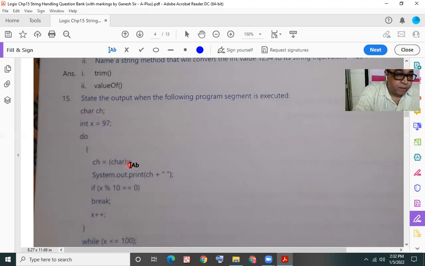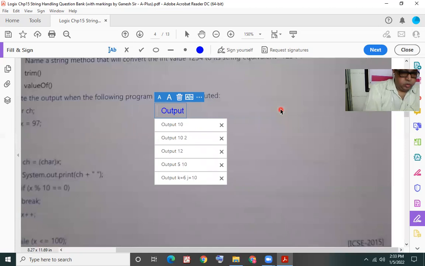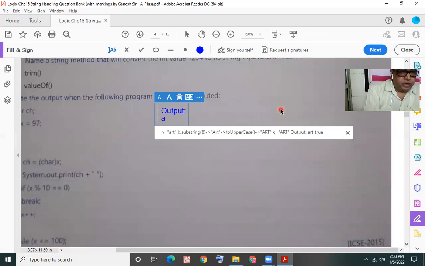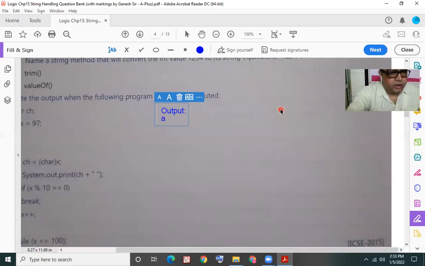So we are in a way doing typecasting. We are converting the integer value to character type. Here this integer value is 97. The corresponding character for that is a, stored in variable ch, and system.out.print. Notice we have a print method over here and not println. We are printing that character and concatenating it with a space. So in the output, we will get the character a in lowercase with a space after that.